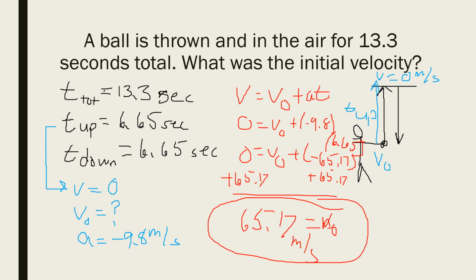And now that you have that, you can do a lot. Once you have the V naught, you can get the distance up. You can get the distance down. You can get the total distance traveled. You can get the total distance, total displacement. Total displacement is always going to be 0. With the initial velocity, you can look at the times and you can figure things out like,